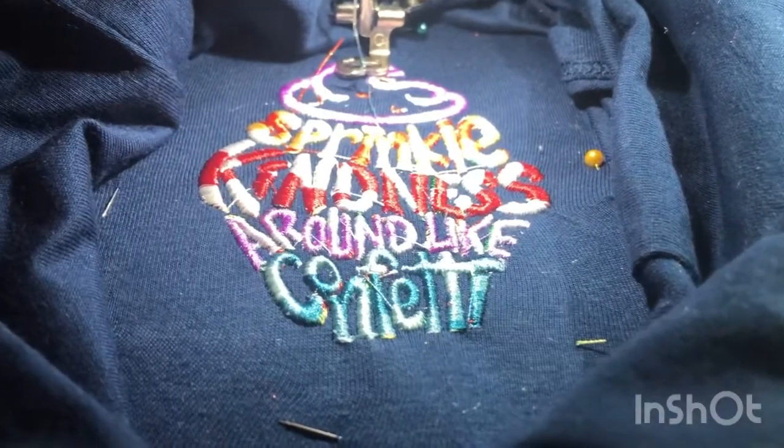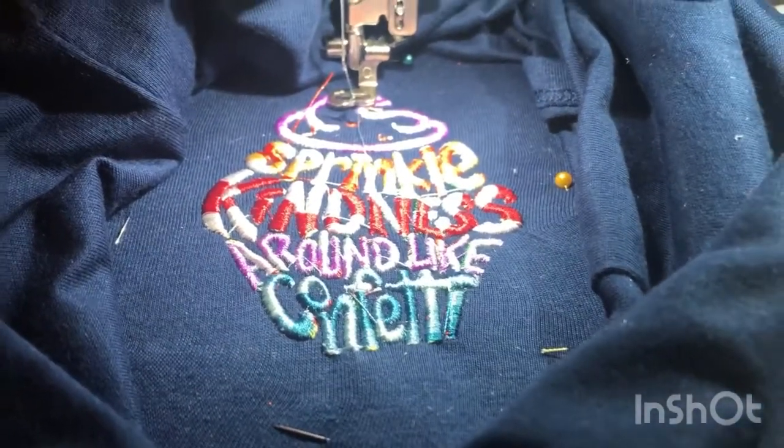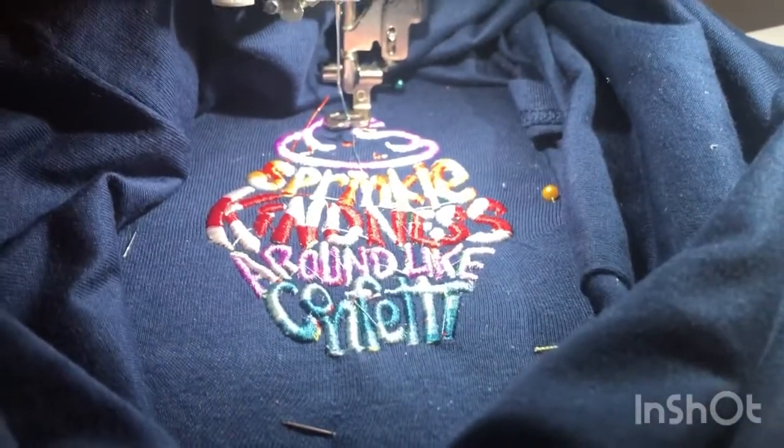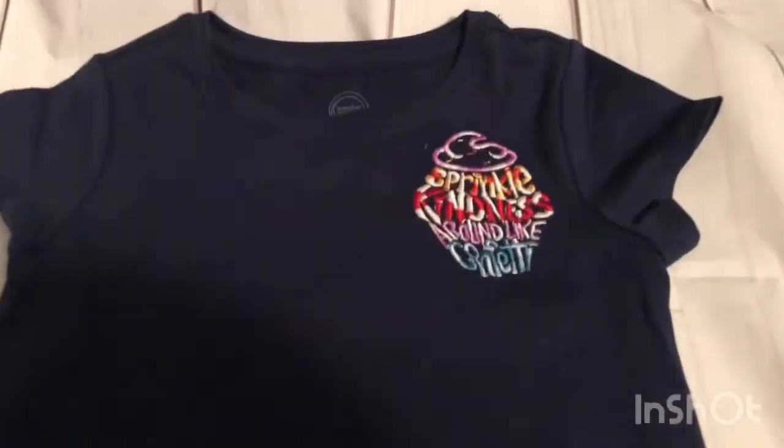There's some of my rainbow colored threads that I used for my daughter's shirt. I'll show you a picture of it when I clean it up and take it off the hoop. Okay, here's the shirt. Turned out super cute. I know my daughter will